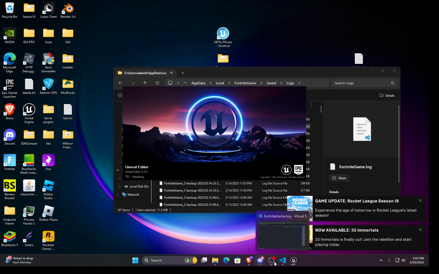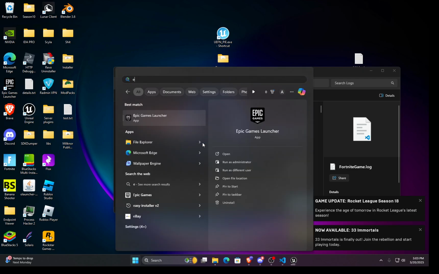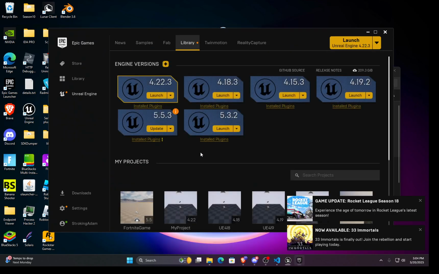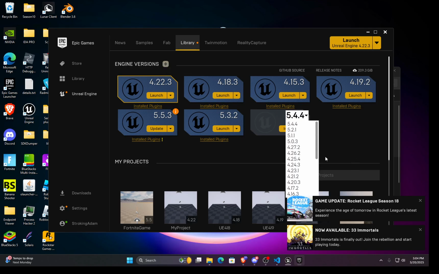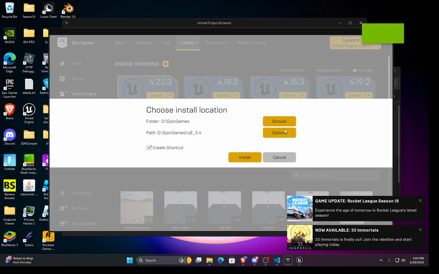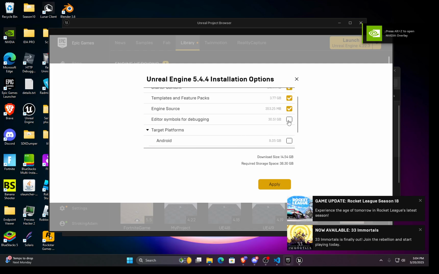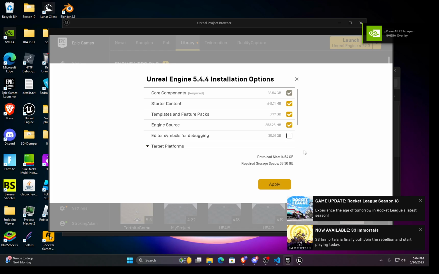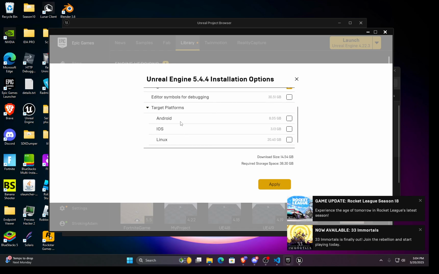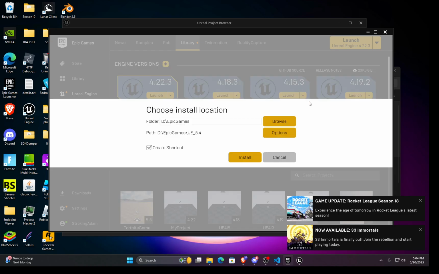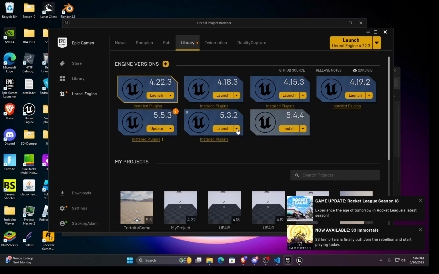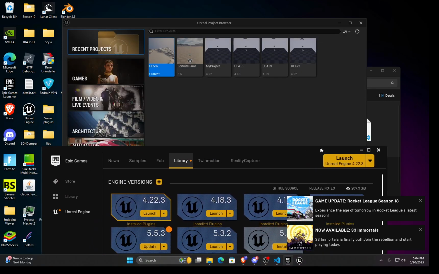Okay, so I apologize for not saying this earlier, but when you go to install your build, you will have an option for editor symbols for debugging. You're going to want to check that. It's very important. And you can uncheck starter content or even templates and feature packs just so it saves you a little bit of storage space, but you definitely need the